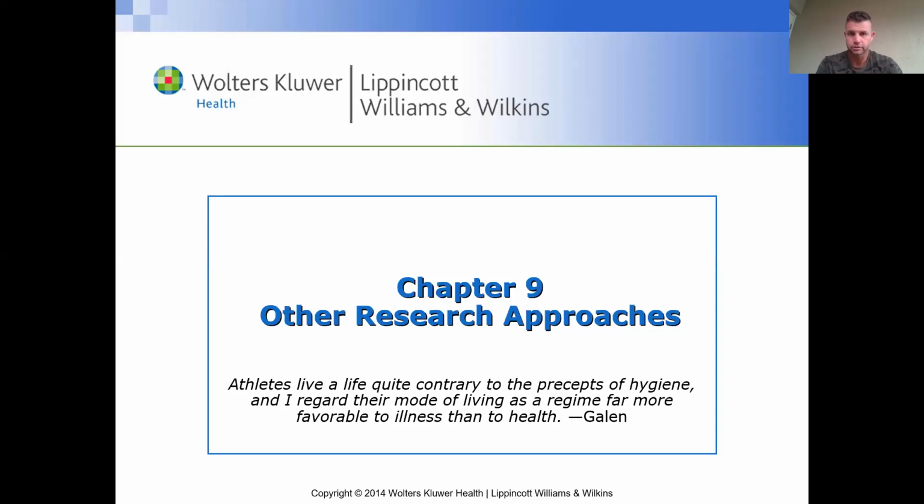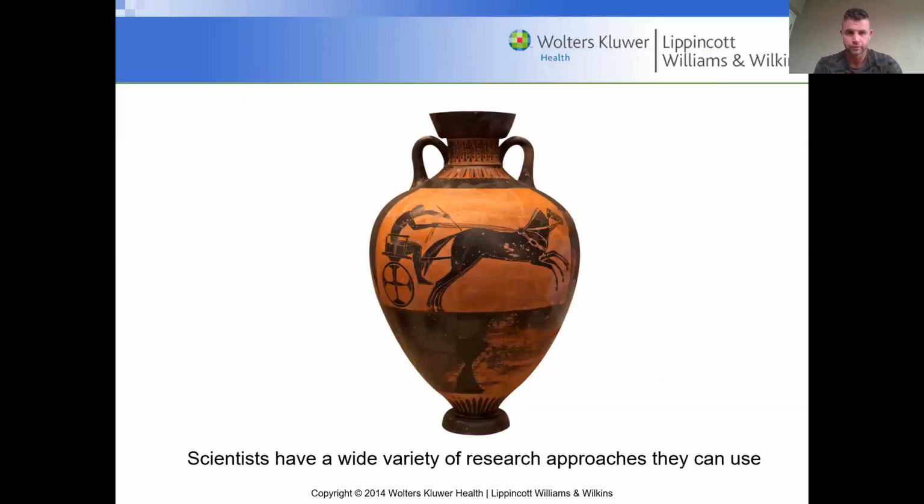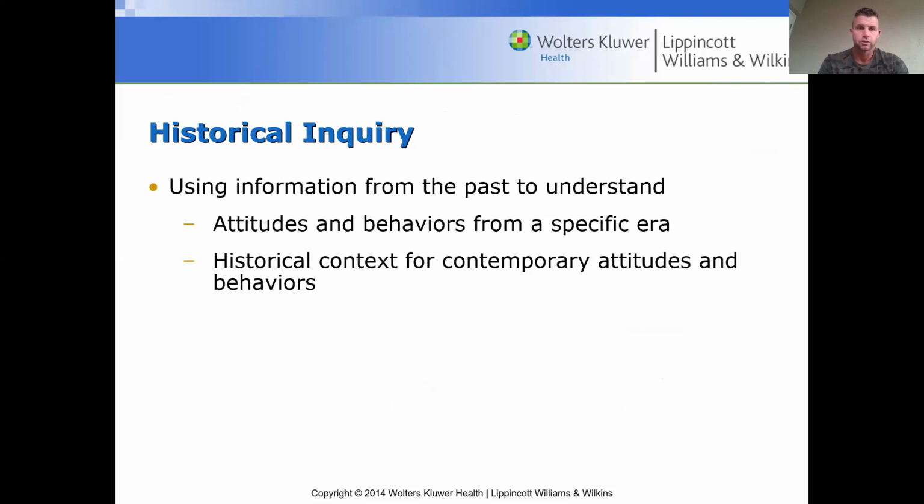All right, so other research approaches, okay? Scientists have a wide variety of research approaches that they can use. Historical inquiries use information from the past to understand attitudes and behaviors from a specific era, providing historical context for contemporary attitudes and behaviors. Now, we kind of did this the first day of class when I used the example of